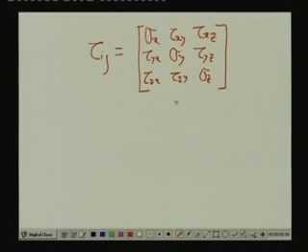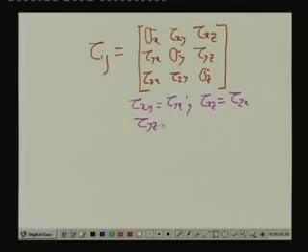Now, from the equality of the shears, we have obtained that tau x y is equal to tau y x, tau x z is equal to tau z x, and tau y z is equal to tau z y. Thereby, the stress tensor can be written as tau i j in a matrix notation again as